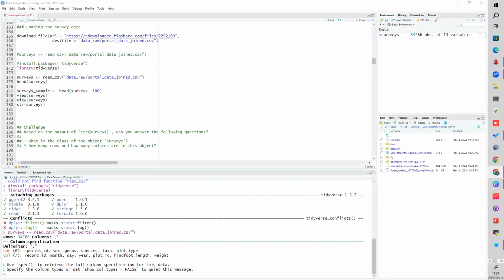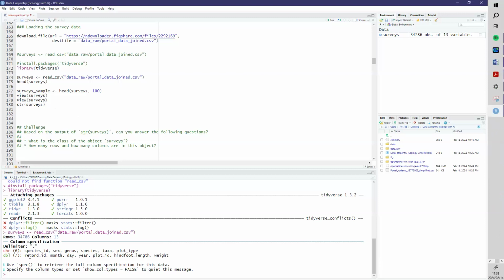So after we assign that name to the data that we have downloaded, what you are going to see in your console is this output. It starts by telling us how many rows we have in our data, how many columns we have. It tells us that the delimiter is a comma, and that is expected because we are using a CSV, right? And then it's telling us that we have 6 columns that are character and 7 that are double, right? So